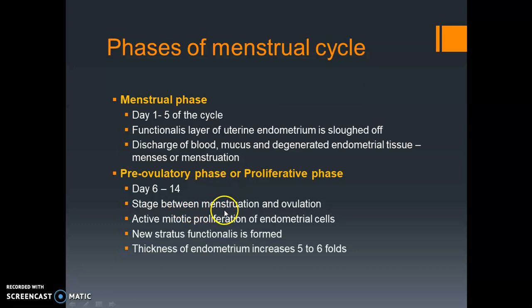So it is the stage between menstruation and ovulation. Ovulation is the release of the ovum. During this period, the endometrium, which was sloughed off, is formed anew. A new endometrial layer is formed by the mitotic proliferation of the cells in the uterine wall. So a new functionalis layer, the stratum functionalis, is formed, and the thickness of the endometrial wall increases about 5 to